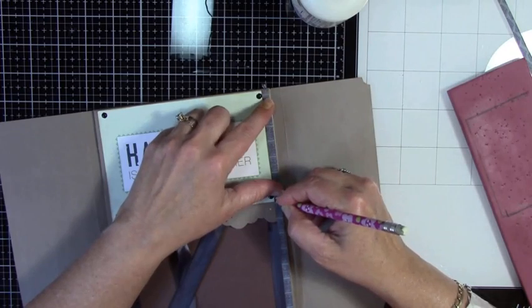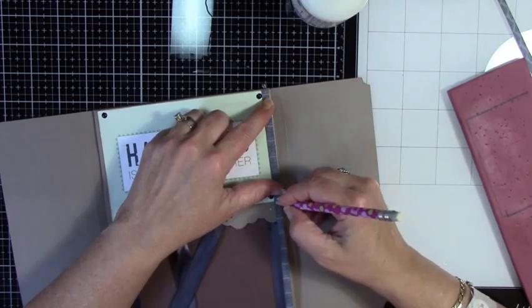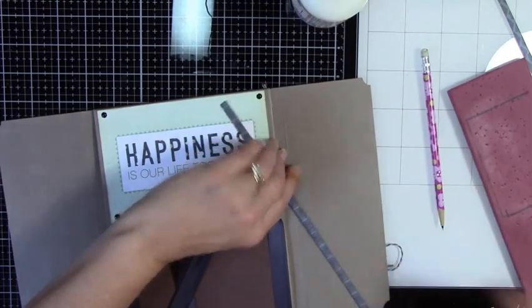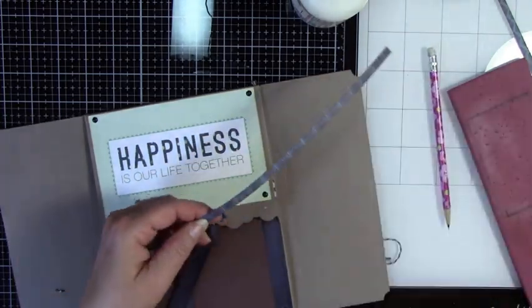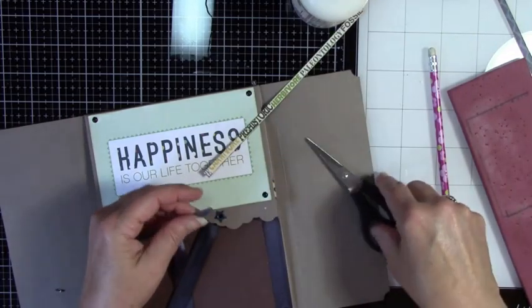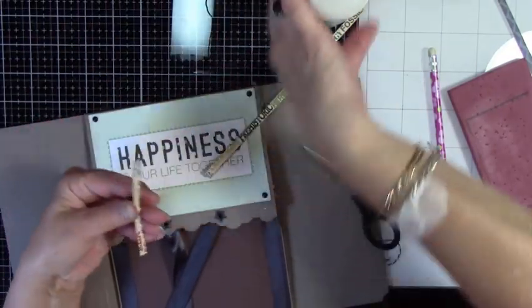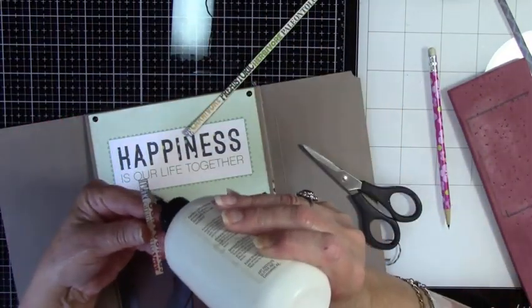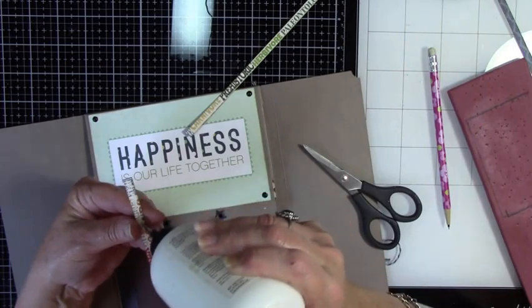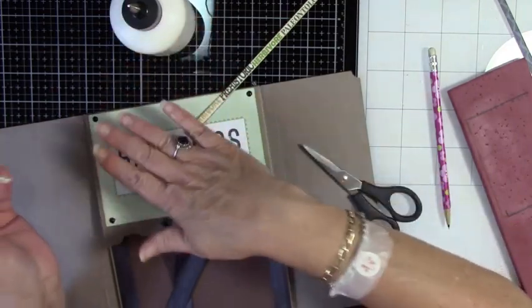And see, do I want them the same size, or do I want them a little smaller? No, I think I want them the same size. All right. So, where's my scissors? Right where they're supposed to be. Yay! Okay, let's put this down. I just wanted to kind of